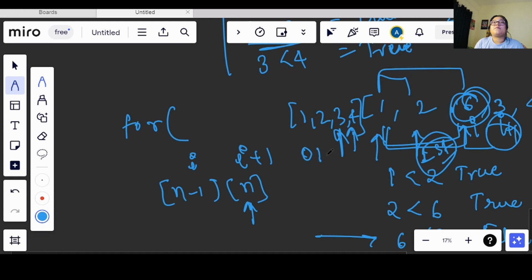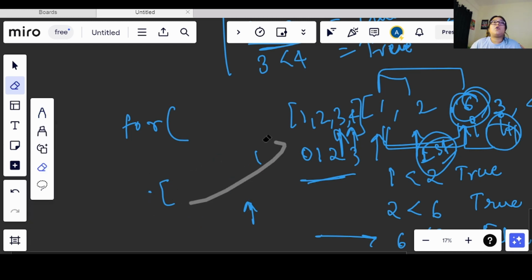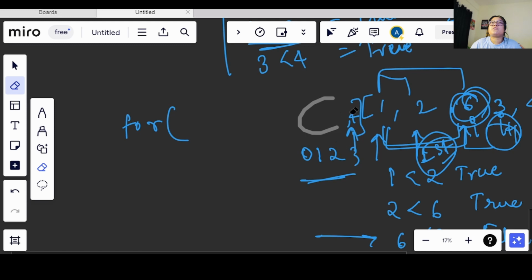Because the array that we have is based on 0th index, and if we are going till less than n, then what will happen? We will be comparing it with a value which is not existing, right? We are going out of the bound of the array, so it will give an index out of range error. Now in order to avoid that, if you are starting from 0th index and you are comparing i and i plus 1, go till less than n minus 1 only.